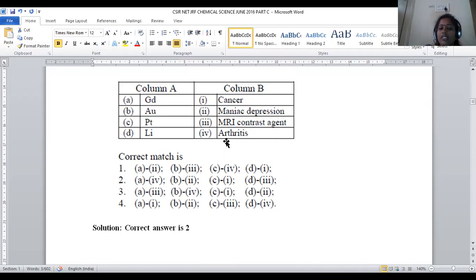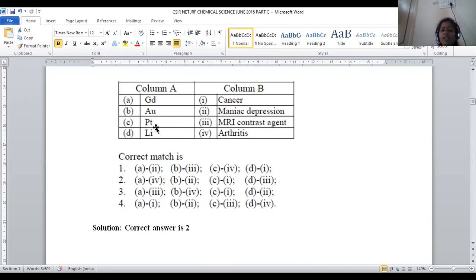The second metal will be aurum. Aurum is very essential metal for the treatment of arthritis. Arthritis is the disease mainly caused by weakness of bone, especially bone deformations at bone joints. So knee joints, any knee pains, any joint pains, that kind of arthritis can be treated or cured by using this aurum, and even aurum can be used in the cancer treatment.